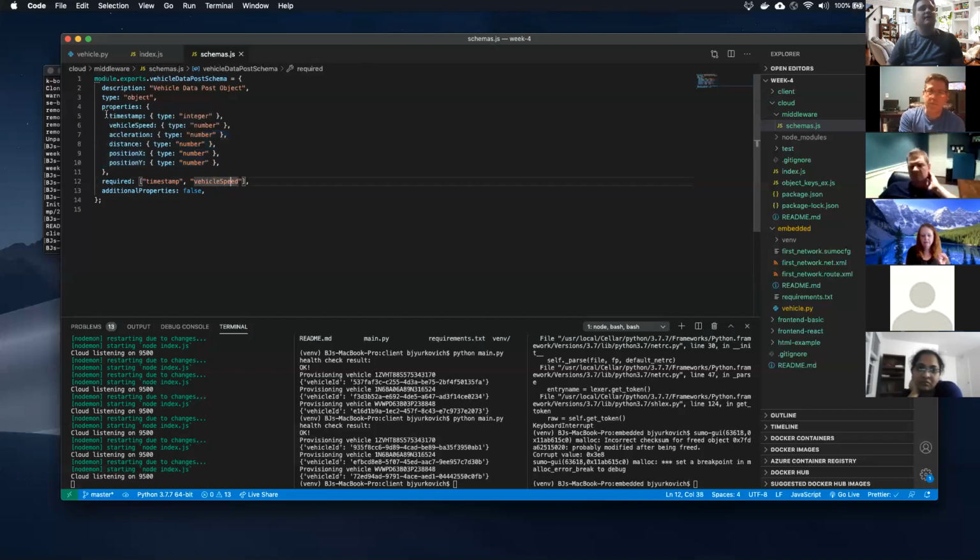All it's saying is that if you're sending me something, you better send me timestamp and vehicle speed at the minimum. You can send me this other stuff, that's fine with me, but you absolutely need to send these two things. And you can't send anything other than the things that I've listed here. So it's really just a specification. It's just an object, it's metadata at this point.